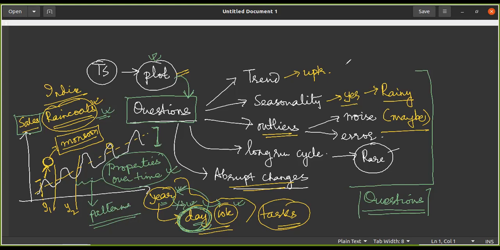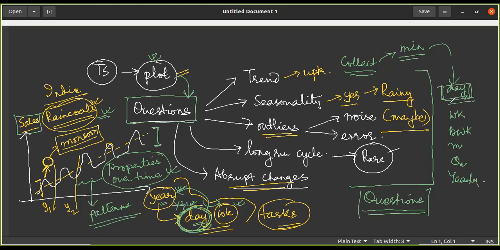So when I am collecting and storing the data, I'm going to collect it at the minimum possible granularity, so that later on this minimal granularity can be increased. If I'm collecting the data as day, then I can change it to week, bi-weekly, monthly, quarterly, yearly, and so on. But this was only possible because in the first place I collected the data at the day level. That is a very important reason why we should collect the data at the minimal granularity, because then we can properly answer these questions.